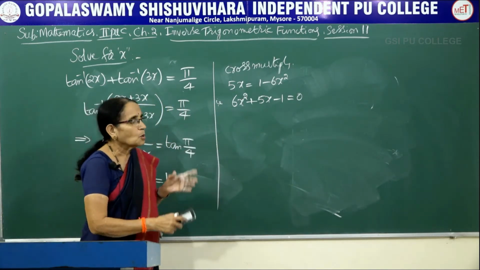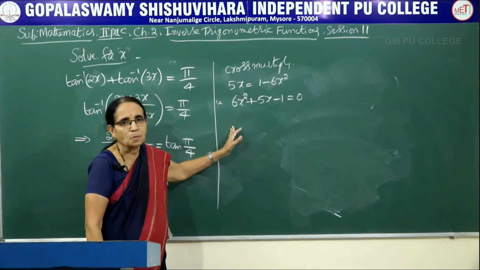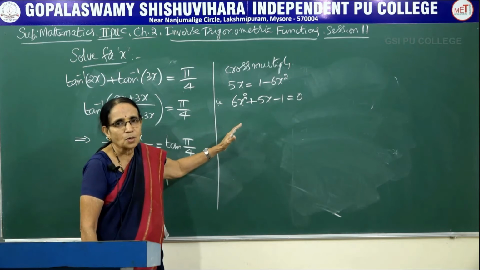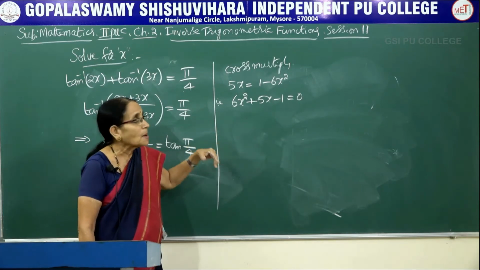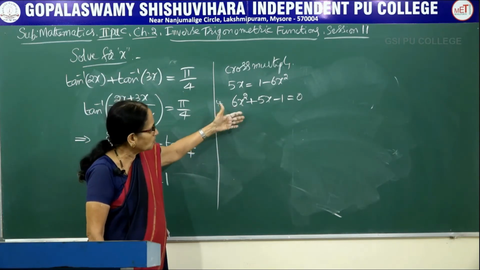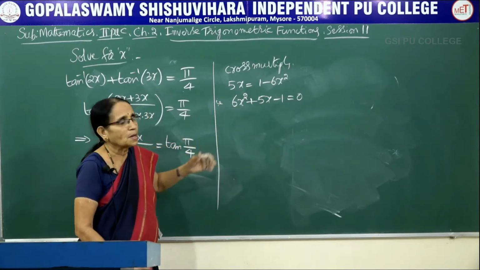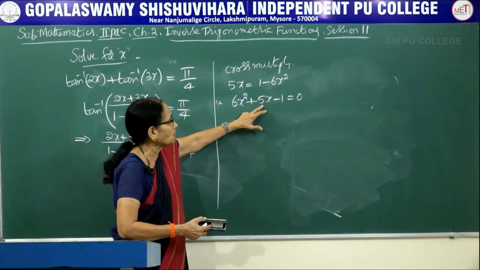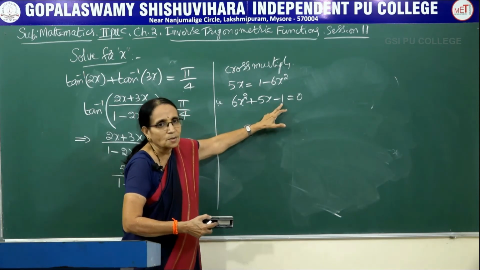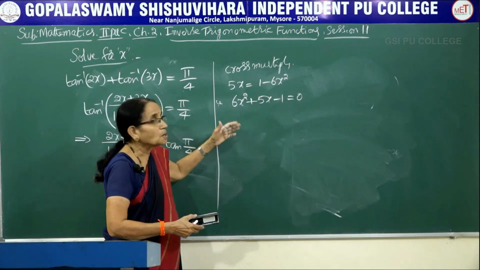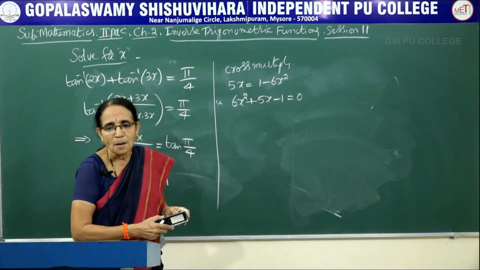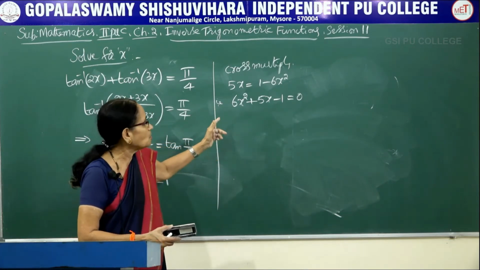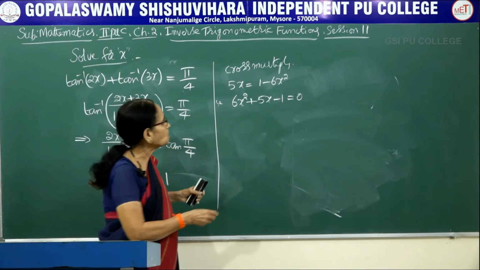What's the procedure? One method is you can apply the formula x is equal to minus b plus or minus root of b square minus 4ac over 2a. That is one method. Otherwise you can get the value by factorizing this one. Look at the number here, 5x, 6 into minus 1 is minus 6. So you have to split it into two terms here, so that the product would become minus 6 and the sum would be equal to plus 5. How could you do that one?